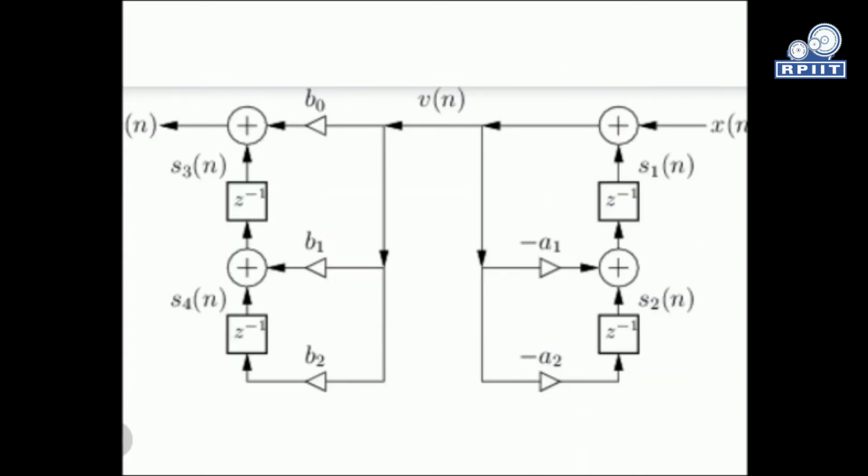So this is the direct form structure of our IIR filter, the simplest form of IIR filter structure. If we have the signal x(n) as an input and y(n) as an output, then we have the direct form 2 structure as well, right? Direct form 2 structure is nothing but we will take the output response on this side and the input response on this side. So we just interchange.